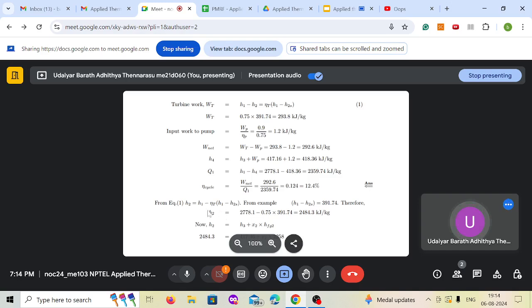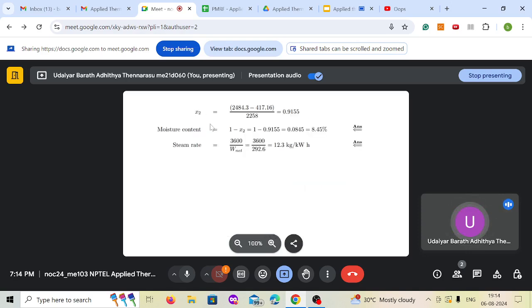So now we know the enthalpy at exit, and we also know the enthalpies corresponding to the exit pressure of the turbine. So using that we can now estimate the vapor fraction. So H2 is 2484.3 and Hf is 417.46 and Hfg is 2258. So substituting that, we can find out your vapor fraction at exit as